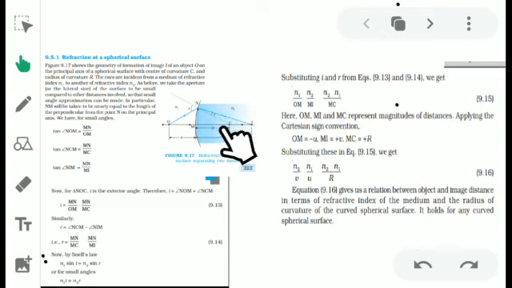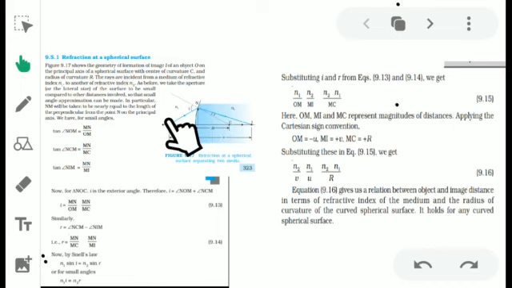So here we are going to find out the relation when light is incident on a spherical surface. O is the point object, I is the image. Then the spherical surface MN, here we are considering the curvature is very small. Now from this diagram, from the triangle NCO, you can see that the exterior angle i